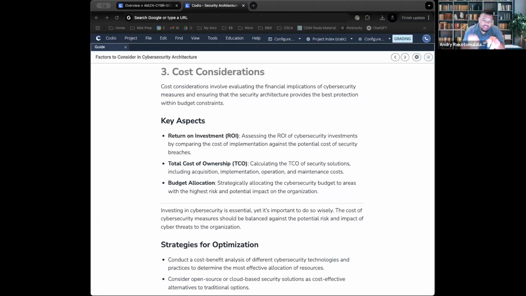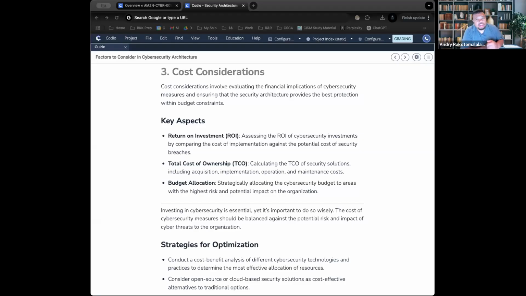This is why the ROI, which stands for return on investment, is important. Yes, it is money related, but it's also time related. So when you're taking into consideration your security architecture, you also have to think about the measure of value that the security investment would bring, comparing the cost of implementing the control to the potential loss if avoided, aka a breach.